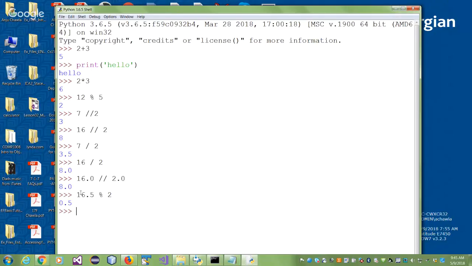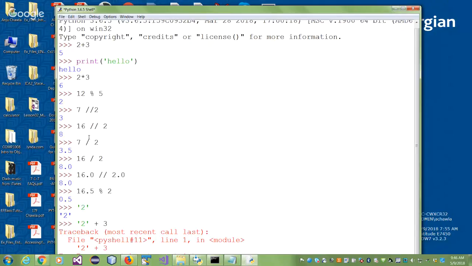So the data type that you've learned is number. It's called numeric. But the two flavors are float and integers. The second data type is the string data type in Python. What is a string? Anything in quotes is a string. Doesn't matter what it is. So this is a string. It's not a number. 2 in quotes is not a number. It is a string. So if I try to do this, I say 2 plus 3, I'll get an error. I got an error.